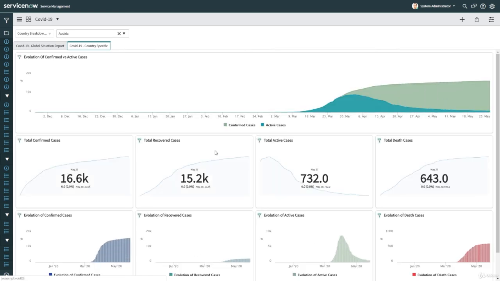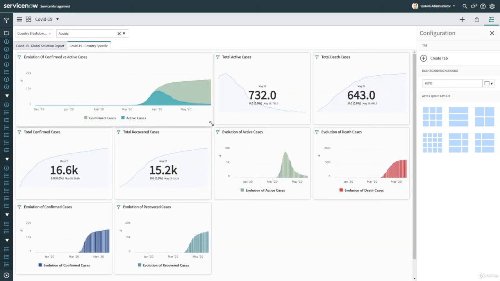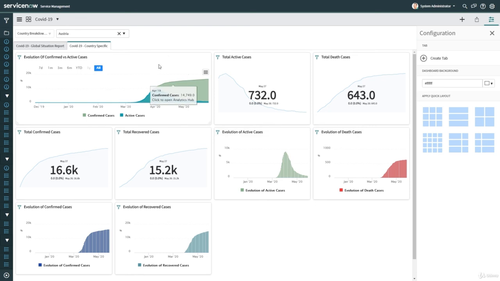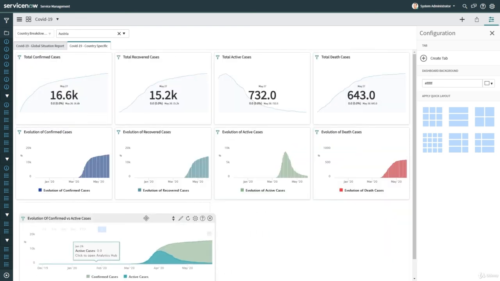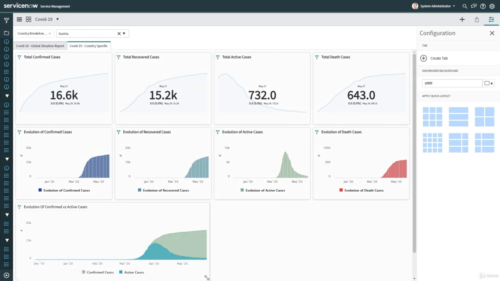Okay, as you can see here, we have two area charts in the same widget, one for active cases, one for confirmed cases. And if you select two countries, here we have the result for Austria. If you select two countries, it's going to aggregate the result, so you're going to have the sum of those countries. Same thing for the total confirmed cases and recovered cases. But in the second row that you can see here, all our column charts are going to be separated. So now we have to just repeat the same process to create our